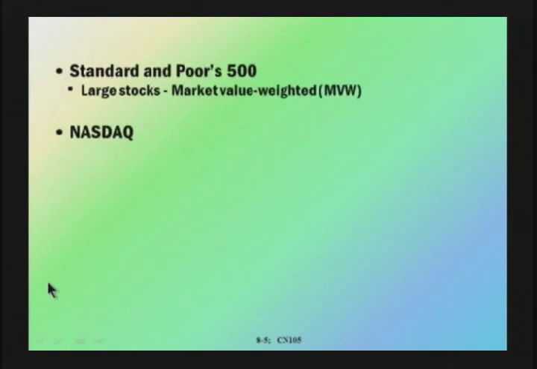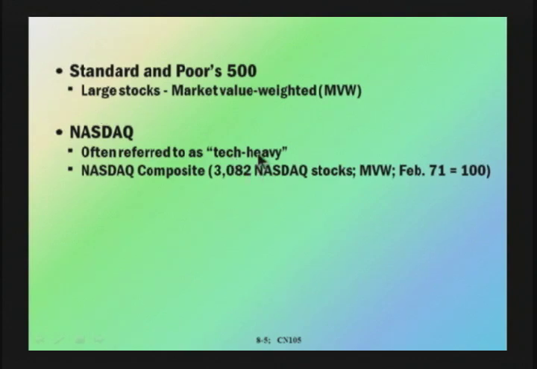Now, the S&P 500 index is a market value weighted index of 500 large companies versus the NASDAQ index, which is often called the tech-heavy NASDAQ because of the large number of tech stocks in it. And there are over 3,000 NASDAQ stocks in the NASDAQ Composite Index. It's also a market value weighted index. So these are affected by the stocks that have a greater market value having a greater effect on the index